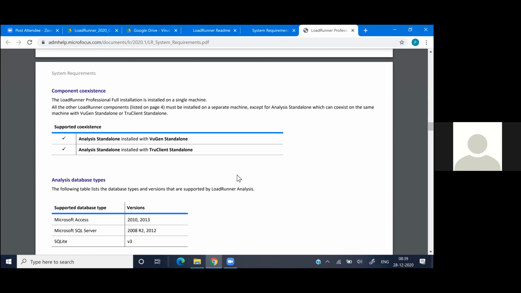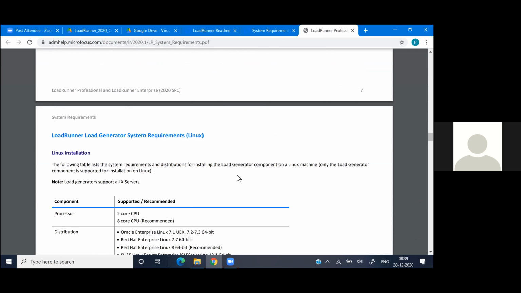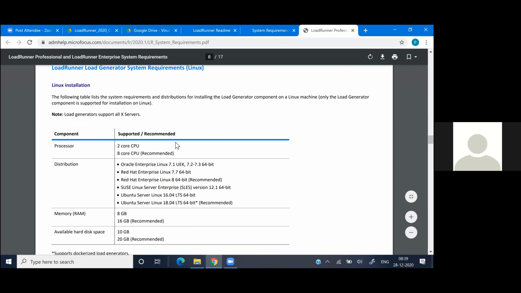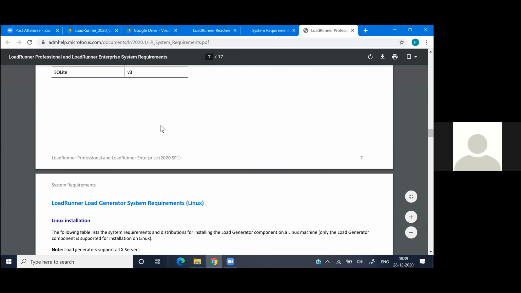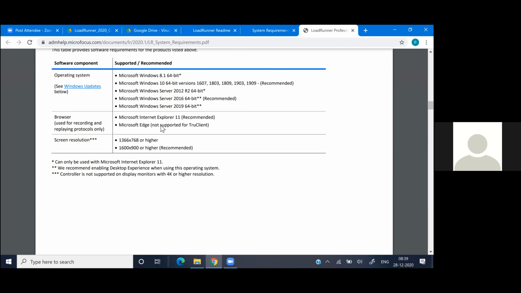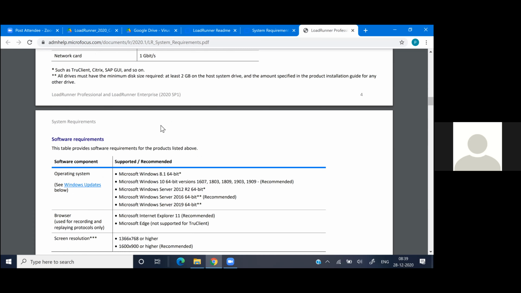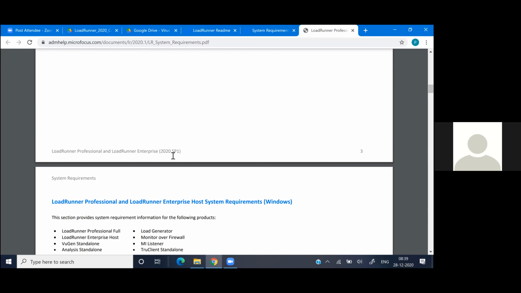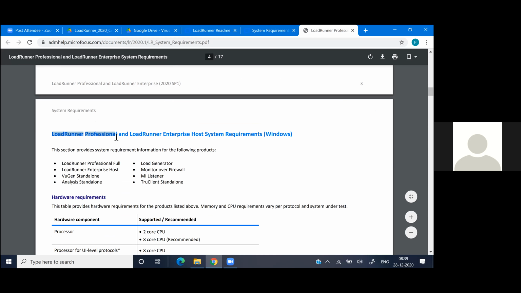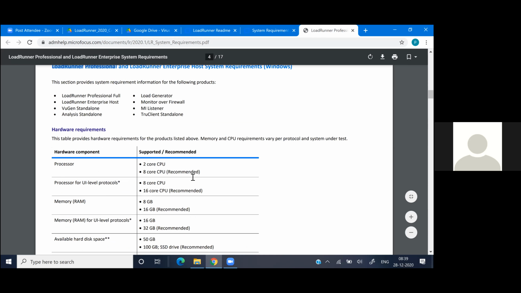It speaks about what operating system it requires, and how much CPU is required. So here it is, LoadRunner load generator. Here it is, LoadRunner Professional. These are the system requirements for LoadRunner Professional.